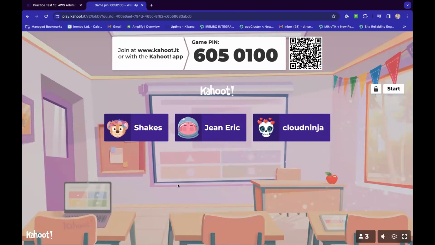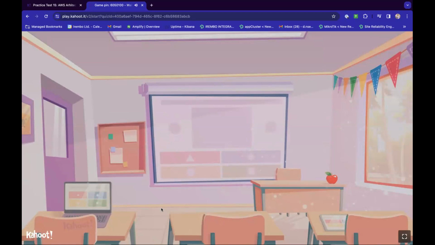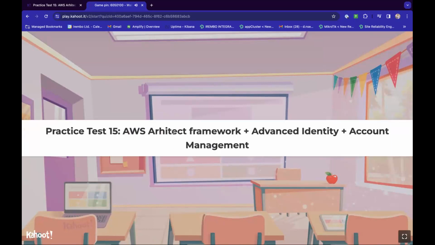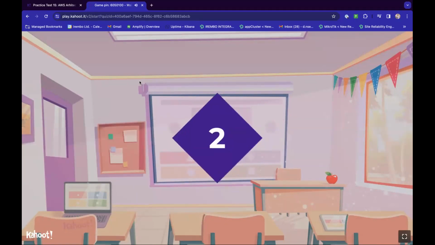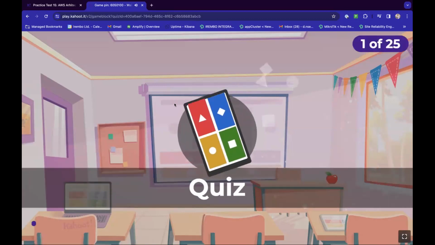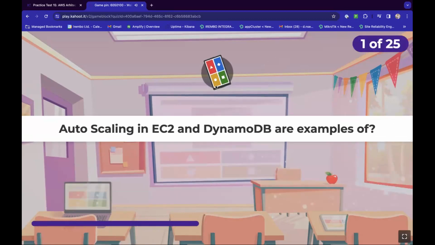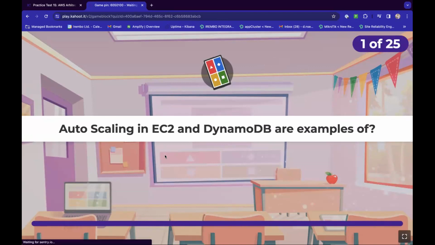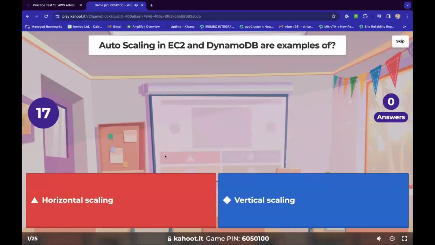So it will be simple. Okay, I think we can just start. I hope my screen is visible and I'm audible as well. So the first question goes like: auto scaling in EC2 and DynamoDB are examples of what?